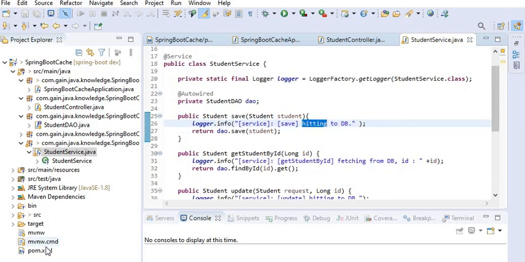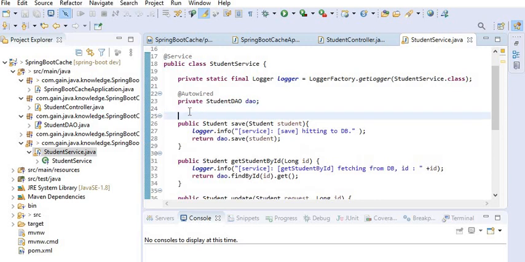Now what we need to do is define caching at method level. When I try to add the student, here I will define the annotation that is @CachePut to enable the caching at method level.